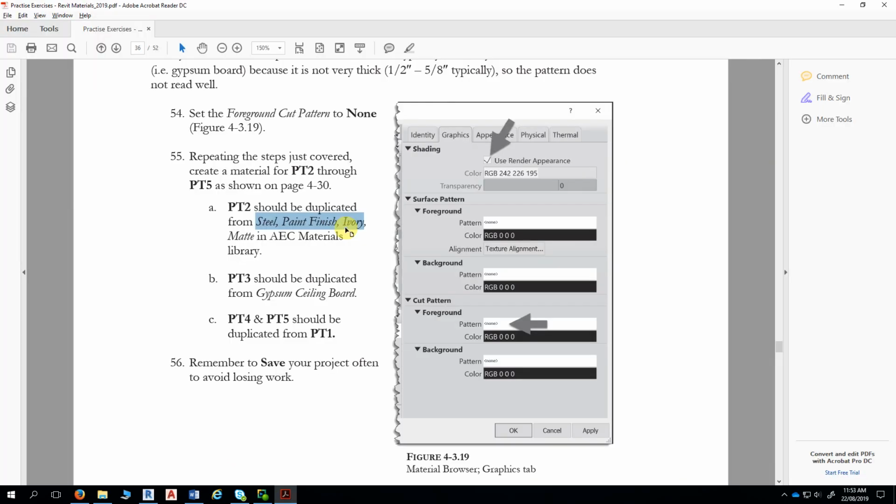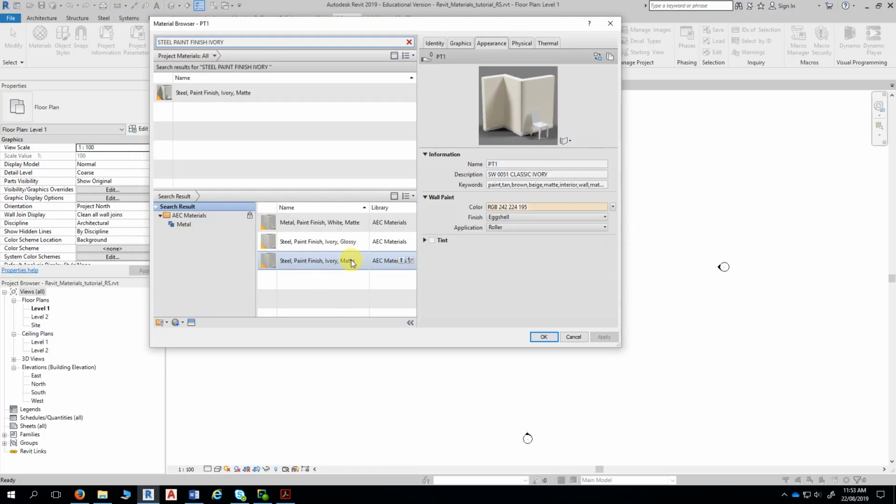Sorry, was that steel paint finish ivory matte? Steel paint finish ivory matte. No, sorry, my apology, the bottom one. Steel paint finish ivory matte. It's the bottom one here. One's got a padlock